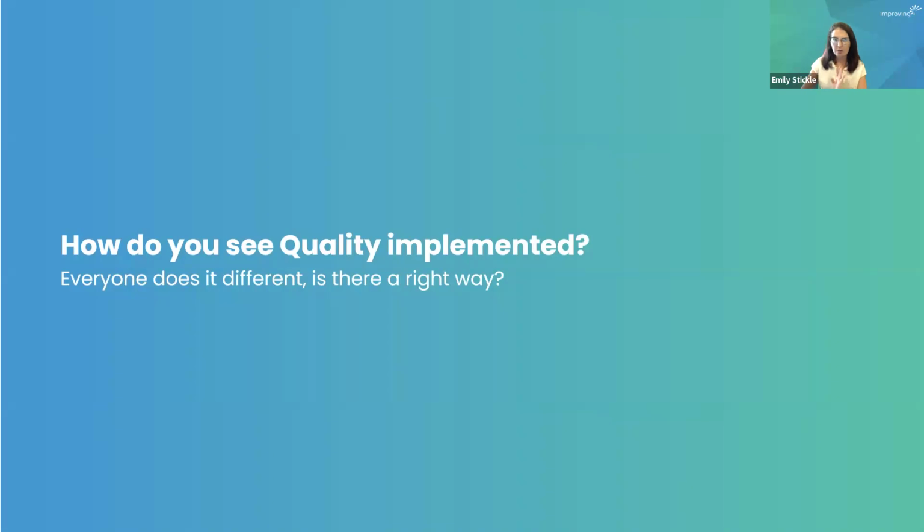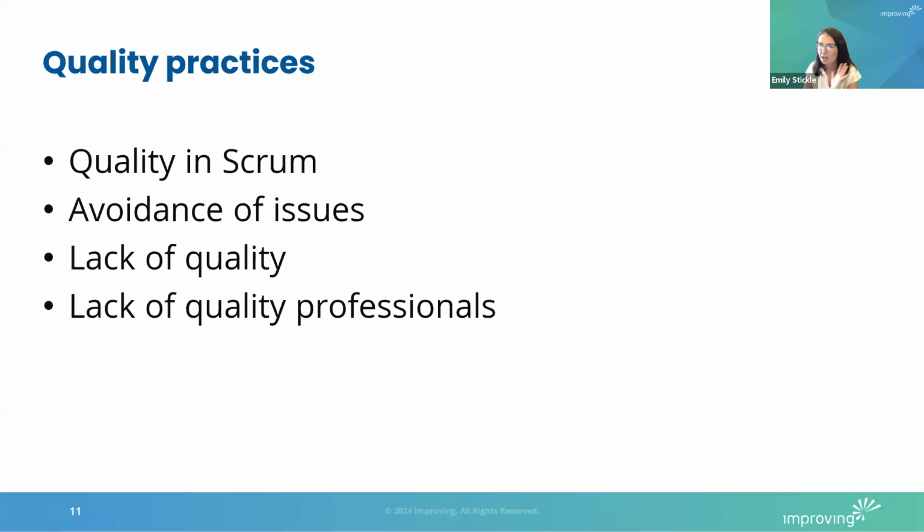Does it go into a sprint? Is there a right way to do it? Is there a UAT sprint? And quality is referenced in Scrum, but in Scrum and Agile there's not really a whole lot of guidance, truly. Right. And what I've found out working and doing Agile and Scrum, starting from a development standpoint,